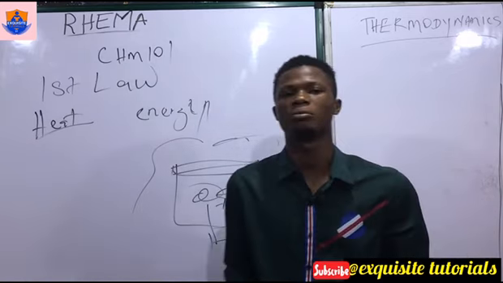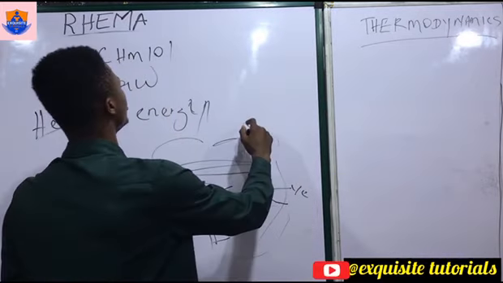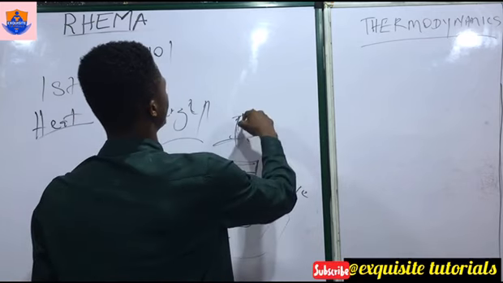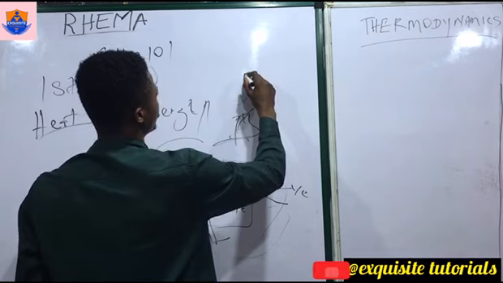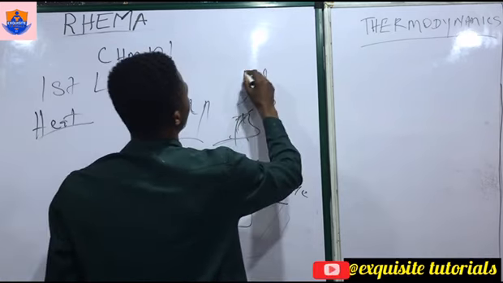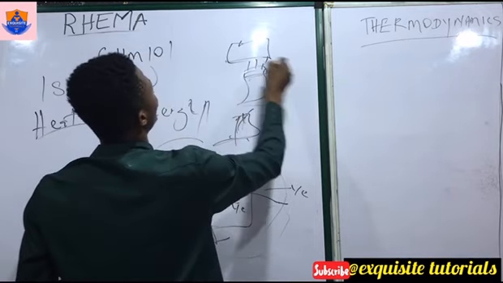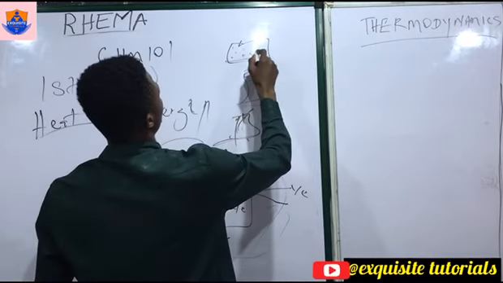Or, for example, let's say you are using your gas cooker. This is your cylinder. There is fire here. Let's sketch this. Let's say this is your gas cooker. Don't mind my drawing, just understand what I'm trying to explain. And there's a fire here. Now you are placing a pot. What is here is water. Let's say this is water.